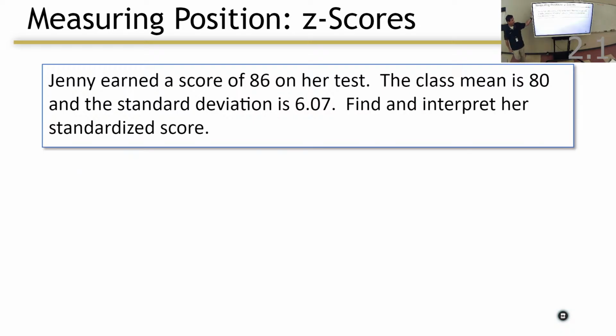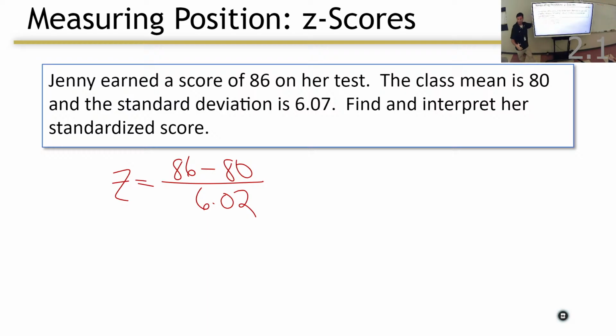Let's calculate exactly how close she got. Find and interpret the standardized score. AP question. Find and interpret. So we're going to find it. We're not going to have a naked number, right? She has an 86. We subtract the mean of 80 and we divide it by